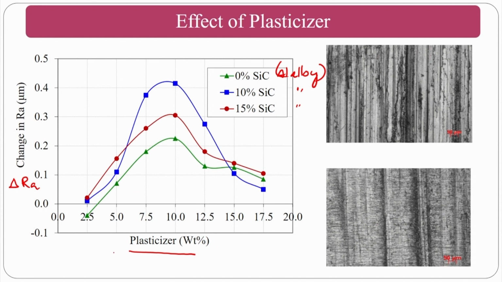What is happening here is, as your plasticizer content is less, assume up to 2.5 to 7.5. Plasticizer is a low molecular weight material. Whenever you blend it with the polymer material, which is a high molecular weight material, what will happen? The cohesiveness of the polymer will reduce. Assume that you are adding very little, like 2.5 or 5. In that circumstance, the elastic characteristics of the polymer will be dominating. The polymer is a viscoelastic material with dominating elastic characteristics.